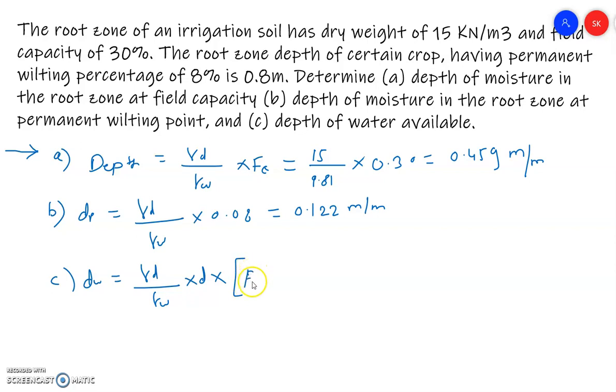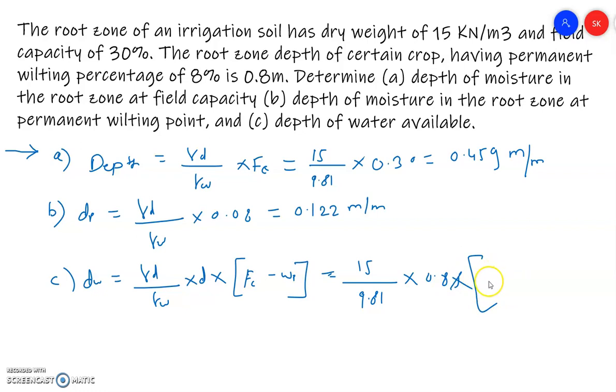So gamma d is 15 by 9.81 kilonewton per meter cube, multiplied by D, that is 0.8 meter, and into bracket,